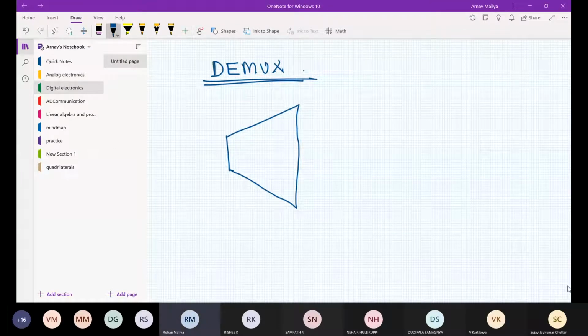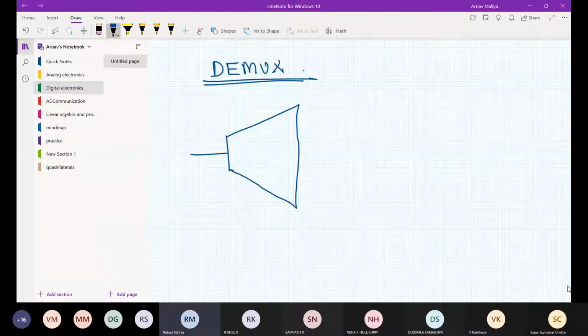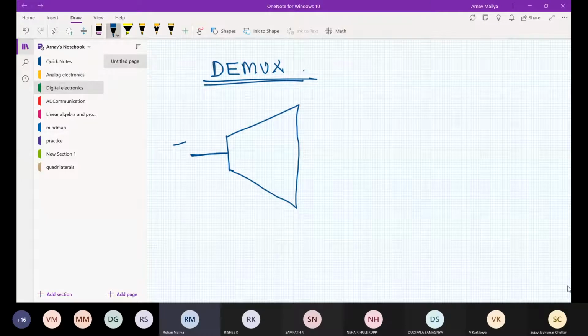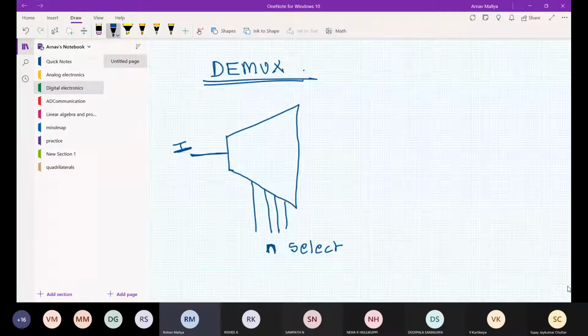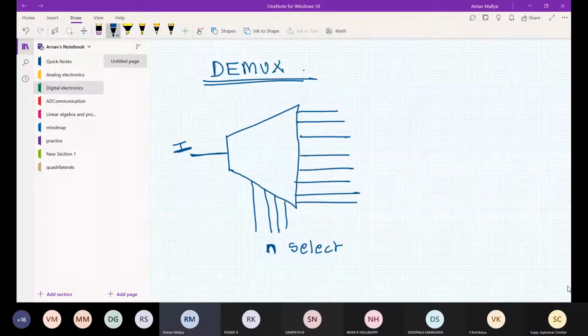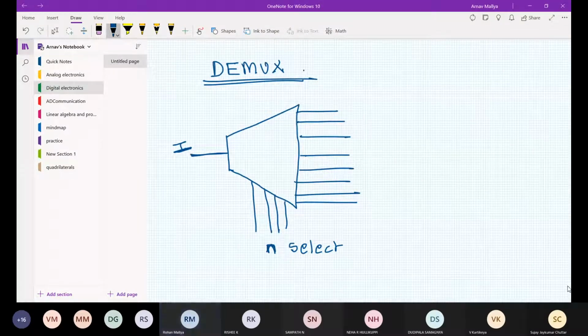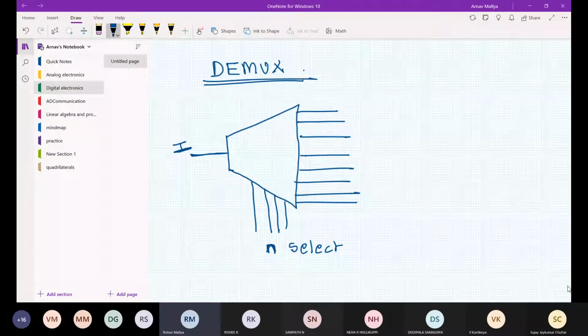This time I'll have one input line, I, and some select lines. Now this device has a lot of outputs. I'll manipulate the values of these select lines and decide which of the outputs this input is going to go to.